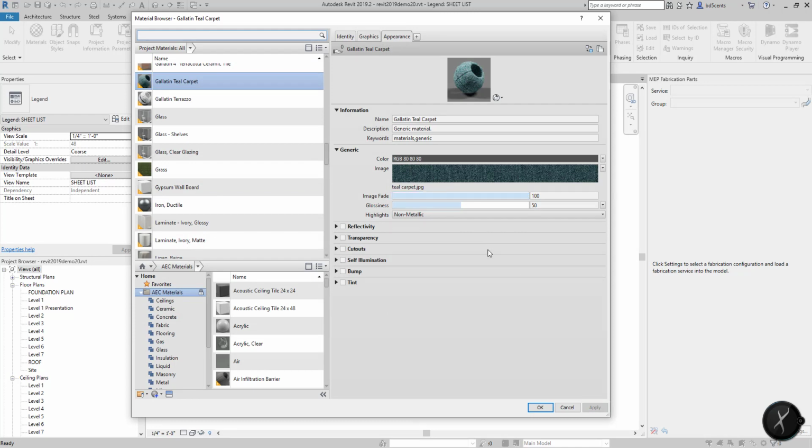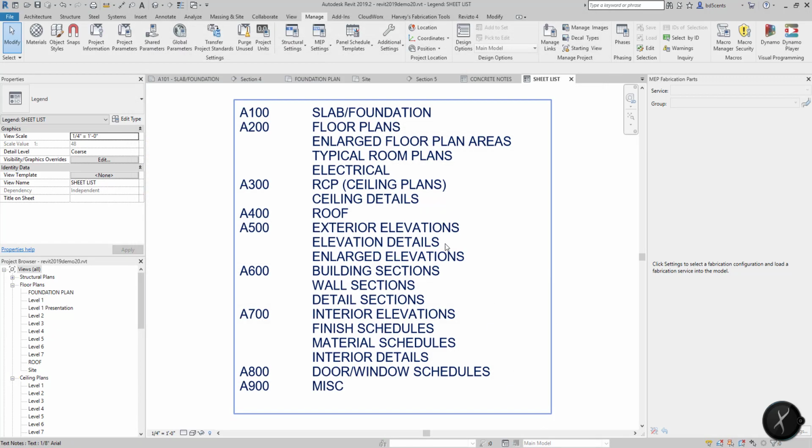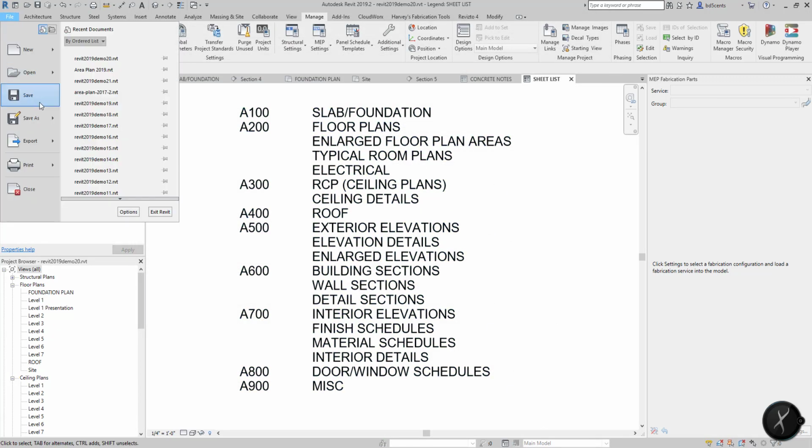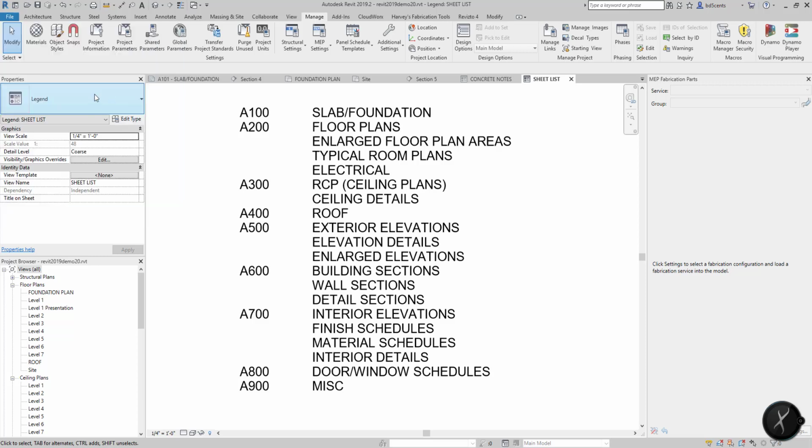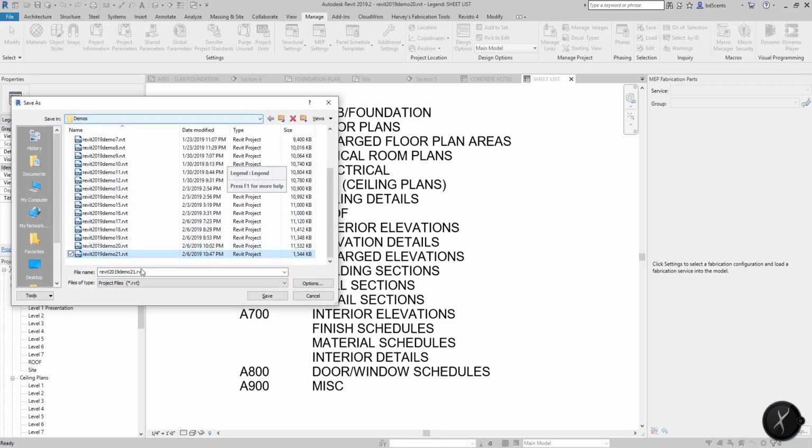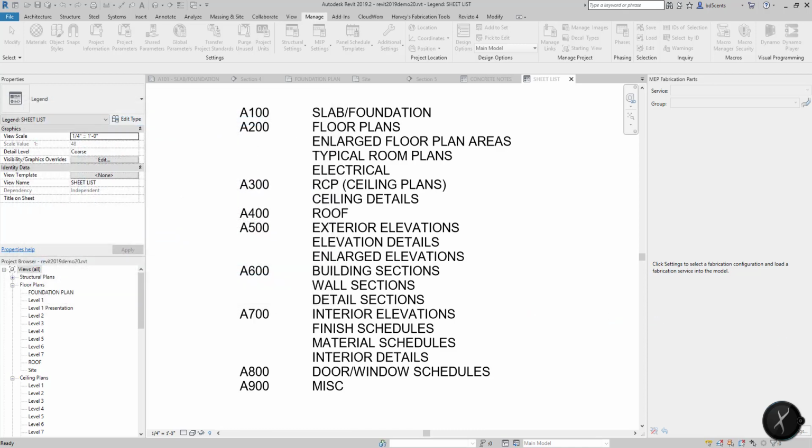Now let's go into our terracotta. Actually, we don't need to go into the terracotta. We just want to stay in this area with the teal carpet and make sure that that's set to 4 foot by 4 foot. So that's all good. That section of materials, we're going to go ahead and File, Save As, Project, and this is going to be revit2019 demo22, which covers materials. And I'll see you in the next